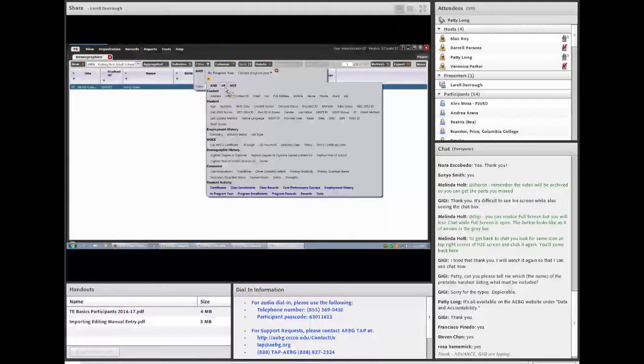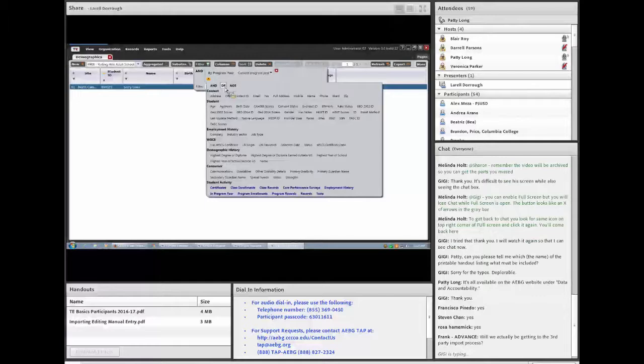Either one of them needs to be correct if you select "or," or one has to be present and the other one has to be missing if you select "not." Okay, so right now it defaults to "and," so we'll say plus, how was this information inserted? So student information,